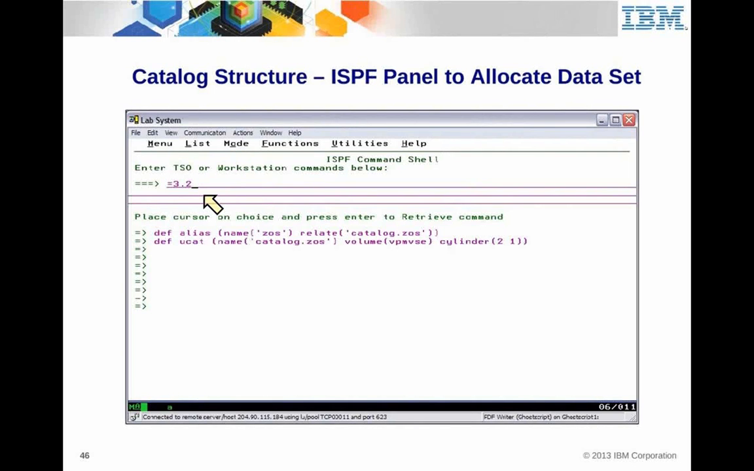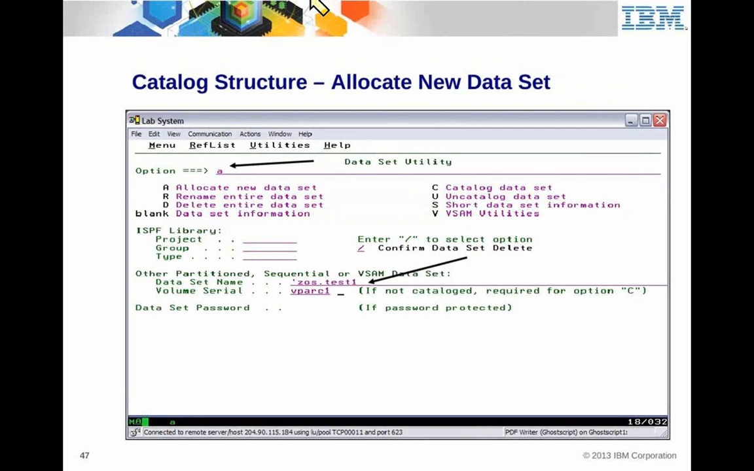So now, what you can do, there is a panel called a 3.2 panel that will actually issue a TSO allocate command to allocate a new data set. So if I go to the equal 3.2 panel, this is a data set utility panel, but here you can allocate a new data set, A for allocate. What do you want the data set name to be? Well, I want it to be absolute name zUS.test1, and I want you to place it on that disk volume. So if you do enter,